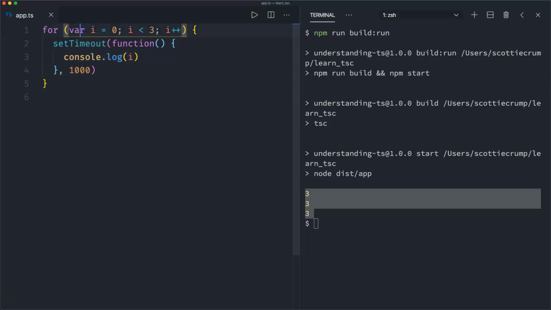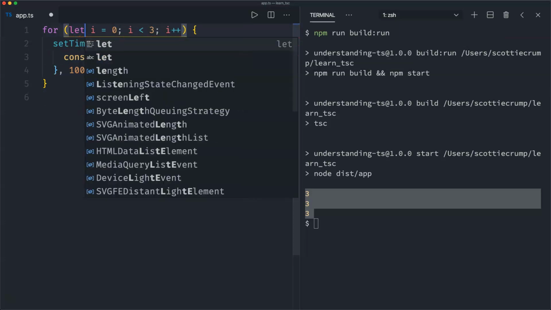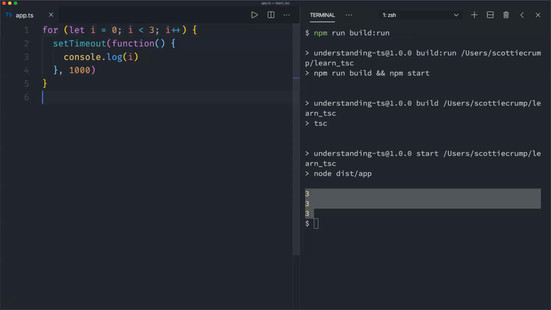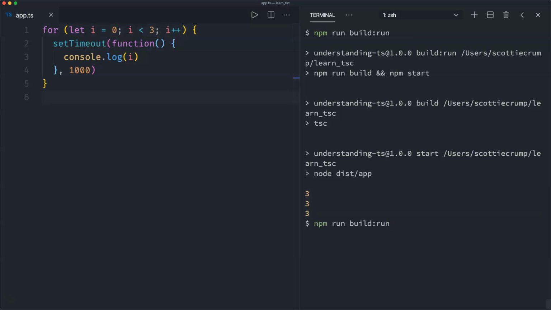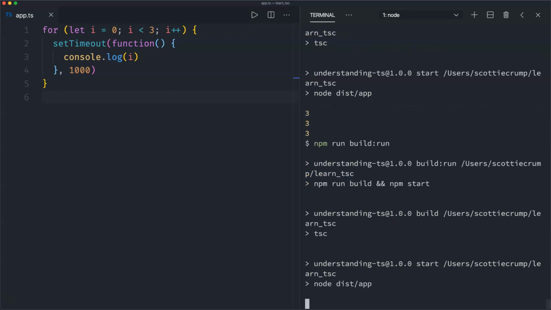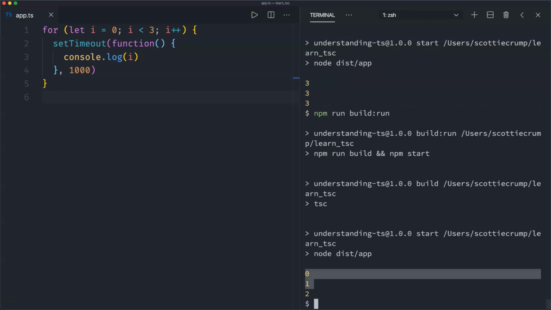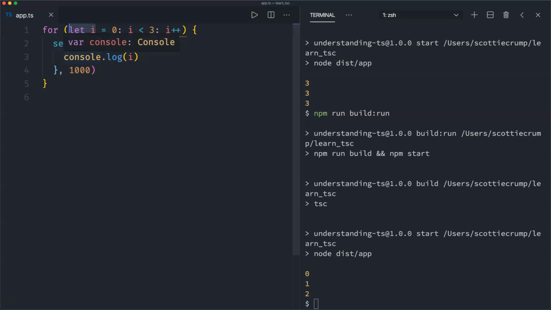If we change our code to use the let keyword, then our code behaves as expected. So now we get 0, 1, and 2 logged to the console. So because we're using the let keyword, we'll initialize a new variable i for each round of our for loop. And so that version of i will be sent to our setTimeout function,